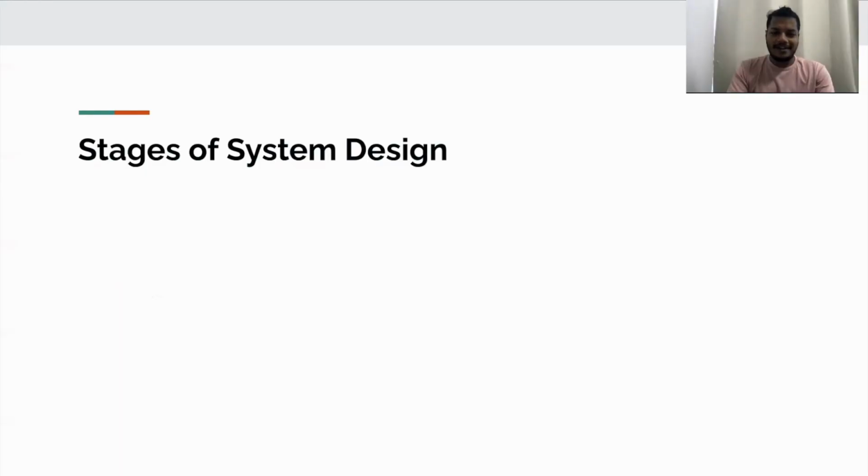So what are we waiting for? Let's get started. So guys, now let's see the stages of system design. The first stage is the API design. In this stage, we will take in a vague problem statement and come up with the API design of the system. Now, once we have the API design, the next step is to come up with the low-level design, which is also known as the LLD.